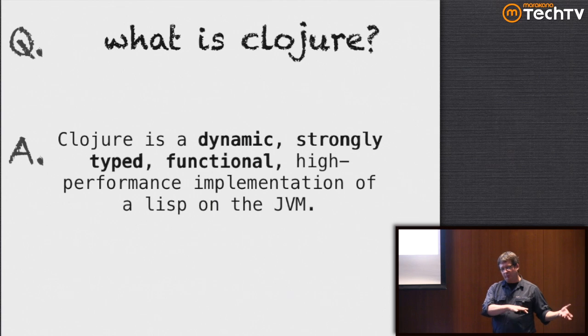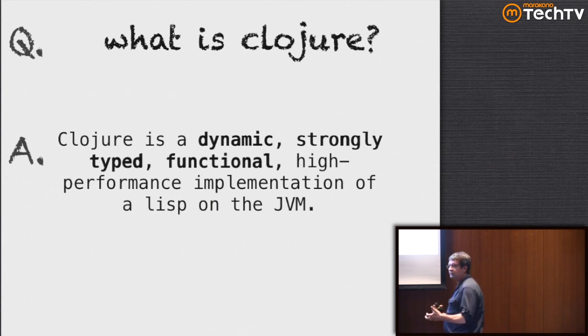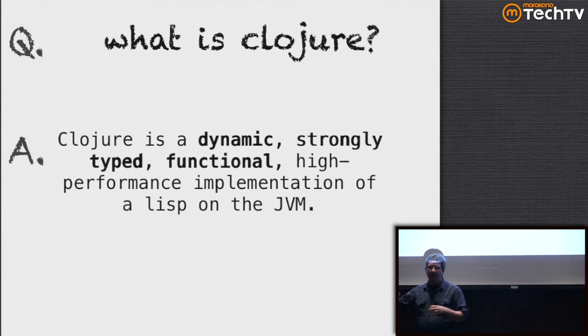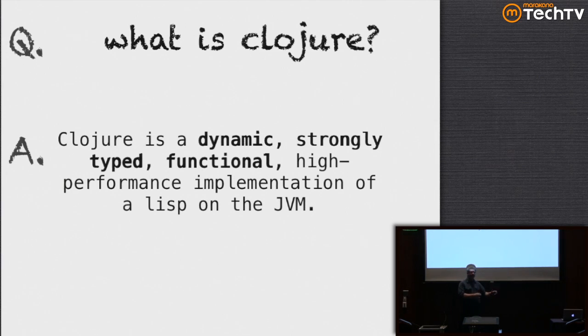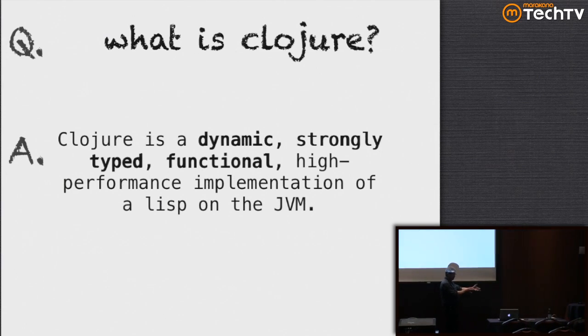A difference, though, between Ruby and Groovy and Clojure is that Clojure is heavily functional. And this is a really big difference between Clojure and a language like Scala, which is also a functional language on the JVM, but they are actually very different in their approaches. One of the things that Scala is trying to do is build a bridge from the object-oriented imperative world to where it thinks you should be, which is the more immutable functional world. But the way that they're doing that is supporting both paradigms, which is a really nice characteristic for a bridge, but it's also a dangerous language to program in because you have to have extreme discipline to do the right thing. Same thing happened in C++, which is also a multi-paradigm language.